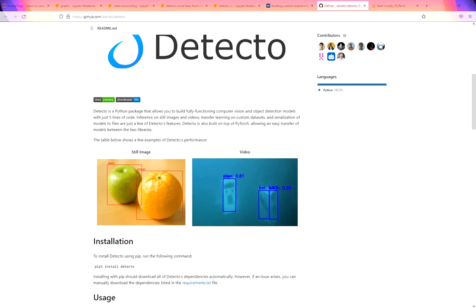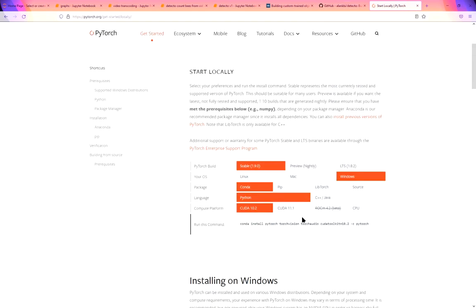So I jumped over to GitHub and I downloaded the detecto package. I tried to install it using pip, and after a lot of trial and error, eventually I got it somehow. It wouldn't install in this normal way here. I think it was because I was running as the user and not the admin, and I had some trouble with different environments on Anaconda, so I had to stick with the default root environment. I had to uninstall and reinstall Anaconda several times because I think I had it corrupted at some point. I also had to manually install PyTorch in this fashion with these settings to make sure that it works with